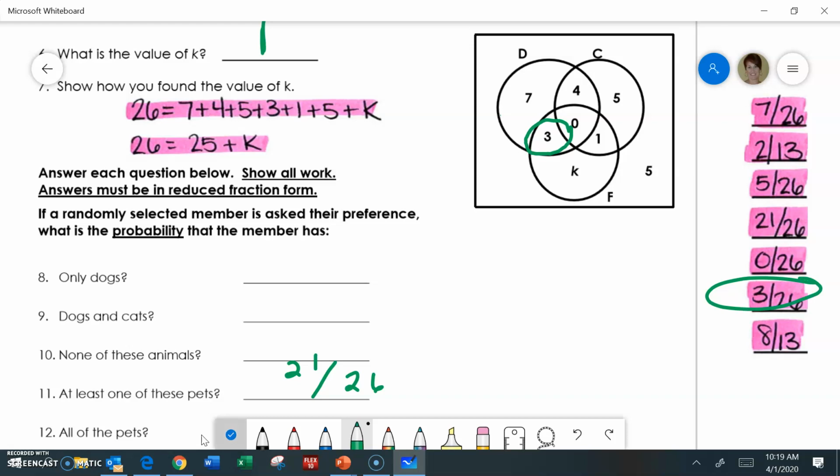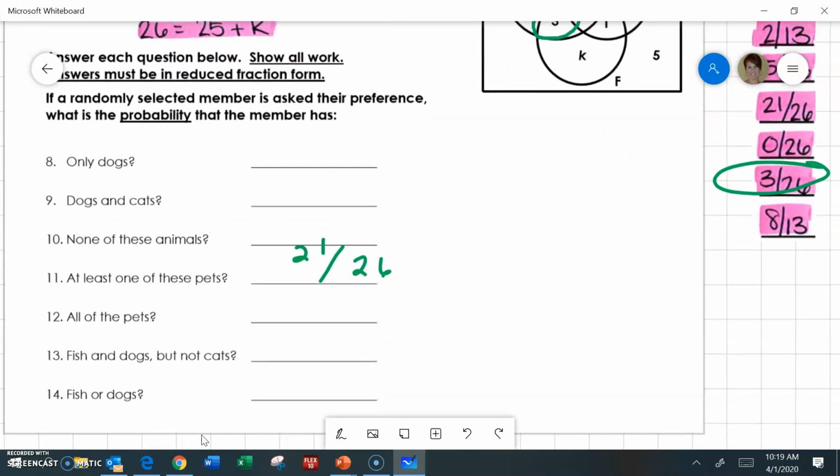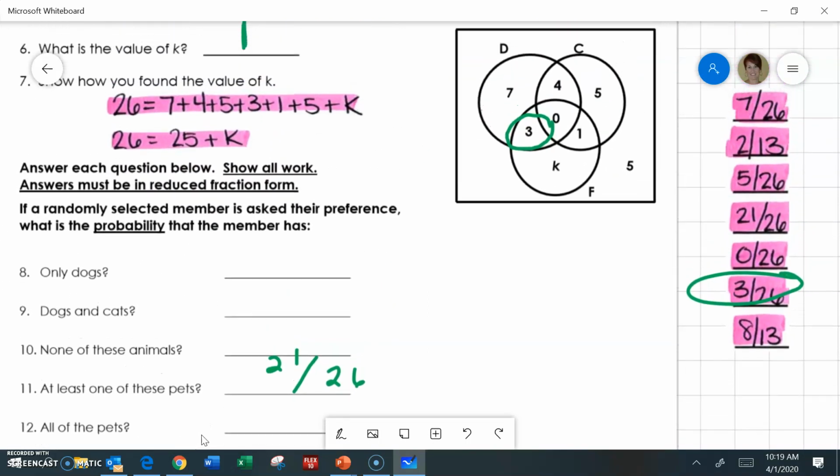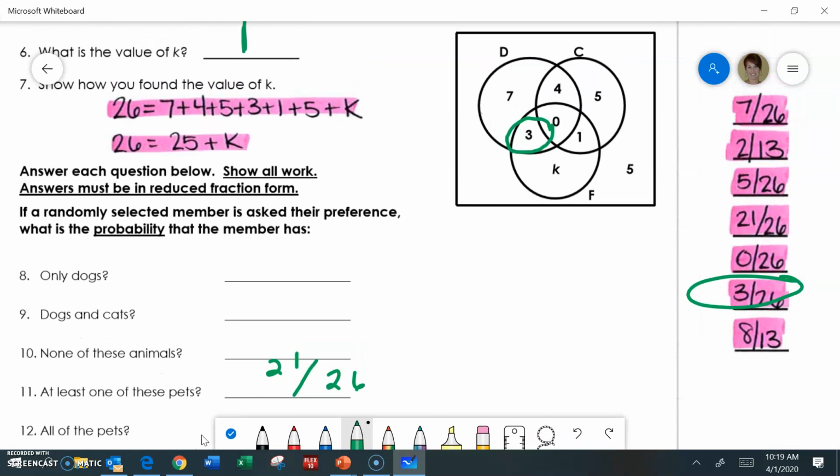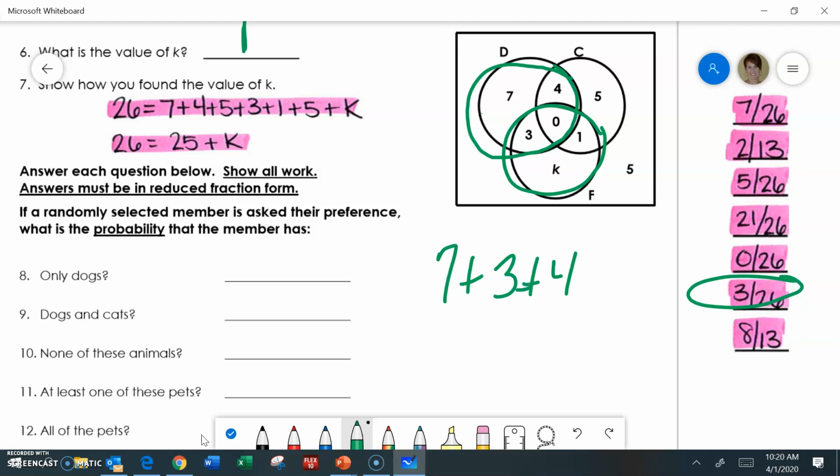And then our last question, if I can go back and read it, is the probability of fish or dog. So number 14, it's important that you understand that we are now looking at an "or." So we want to know the probability that they have a fish or a dog. So we literally want to include everything in the dog circle, everything in the fish circle, but obviously we can't count the overlap twice. So we would add 7, 3, 4, 0, 1,